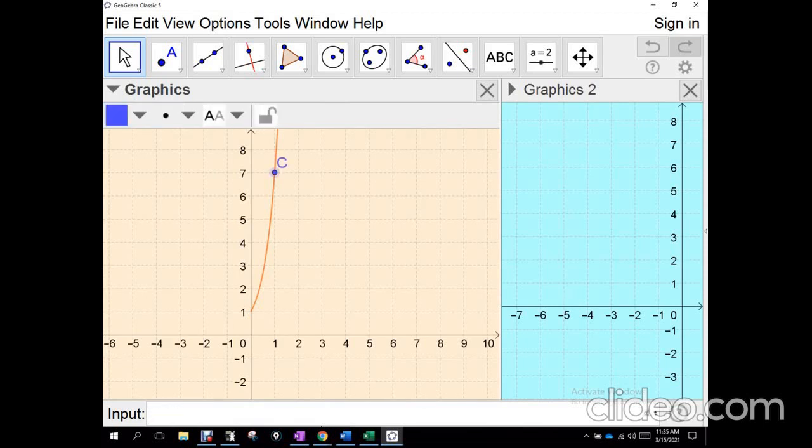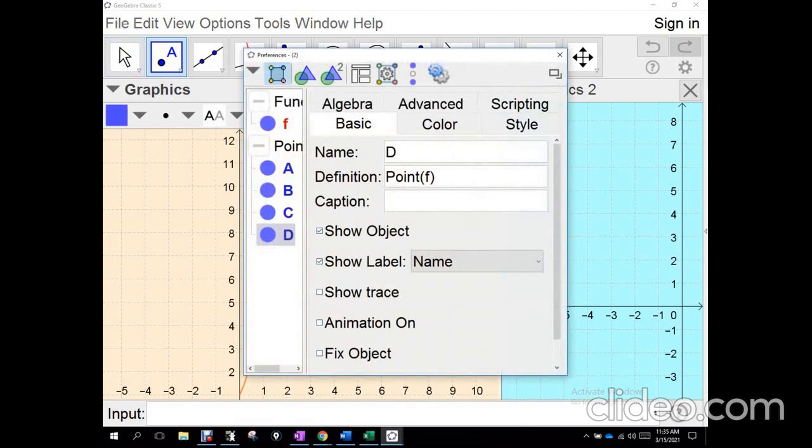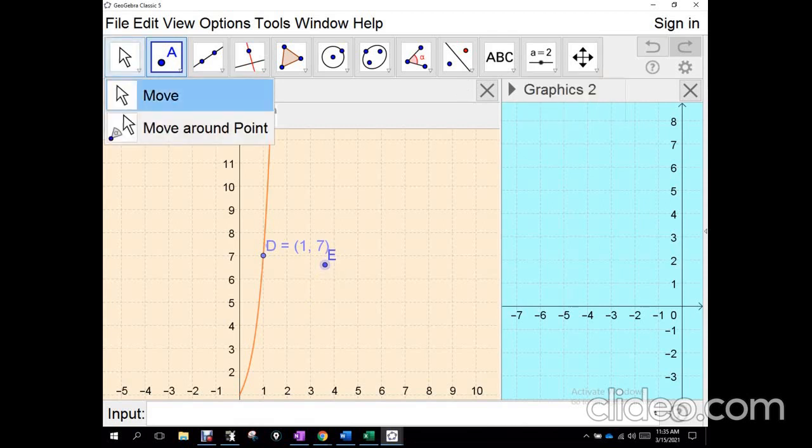Okay, so I'm going to put up another point on here that I can move around. As I look at this point D here and move it down, it's moving down and left. Would you agree with that? As I move that down, eventually it goes to the x value of 1 and the y value of 7, right? But as I keep moving it,